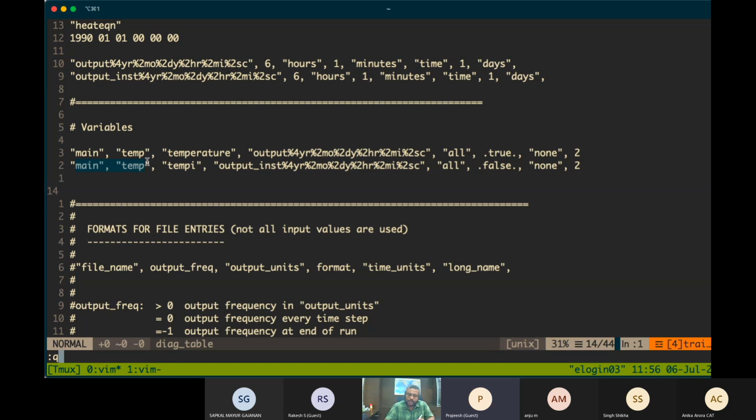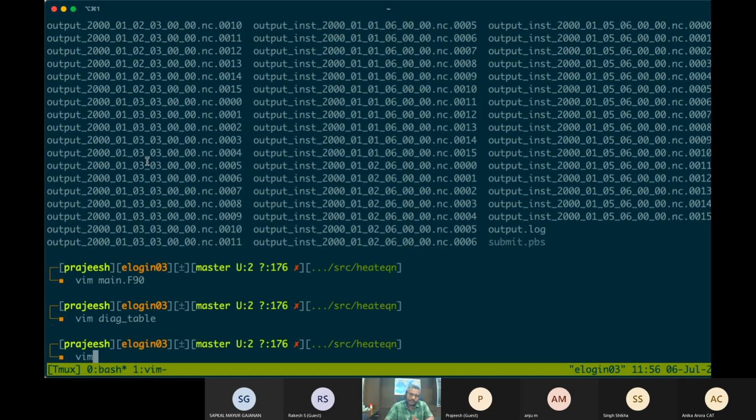So you have to give the same combination here also. In our example, we don't have a module called main. We just put the name main.